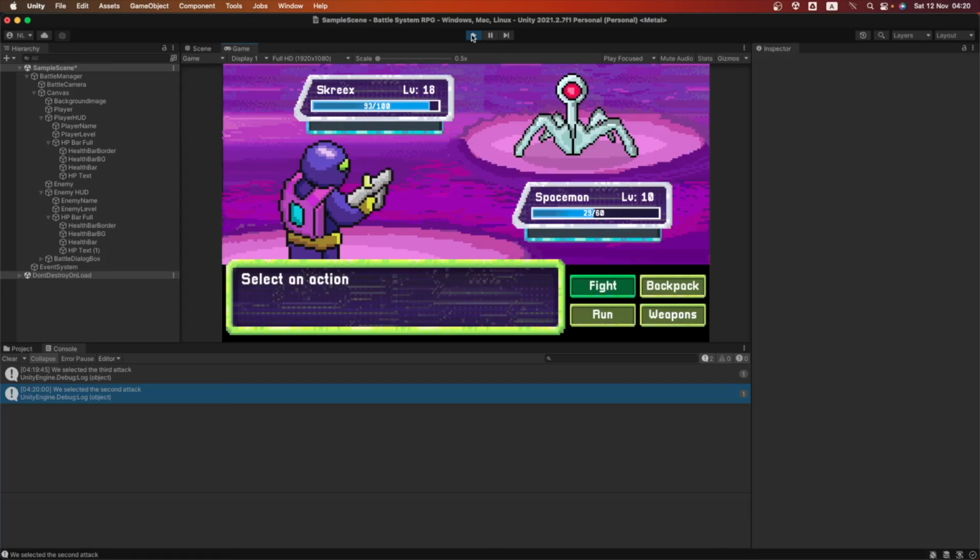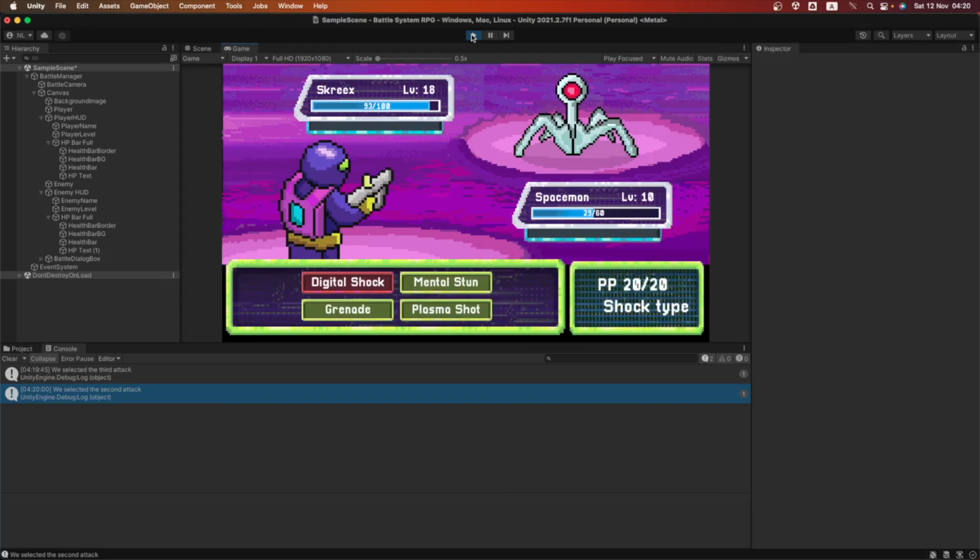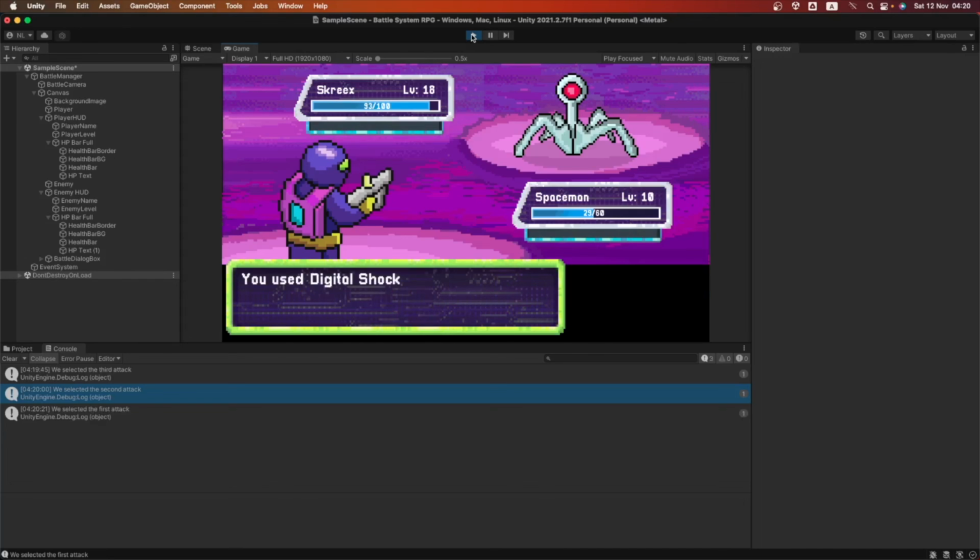As I told you, we left that line as a comment, and there is where you are going to be calling anything you want, and that's what makes this system so flexible and so modular, so scalable and so powerful. Cheers to you for coming all the way to here. It was a long journey to get this working, but now we have a working battle system.